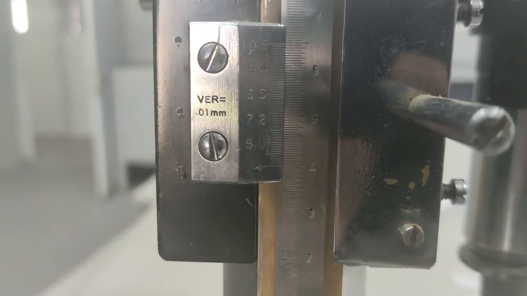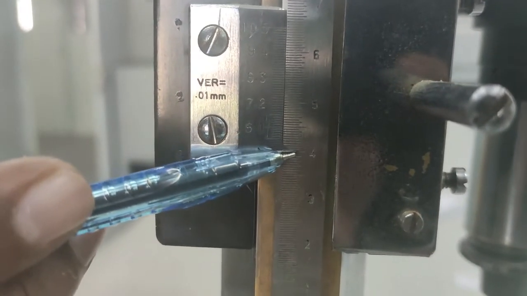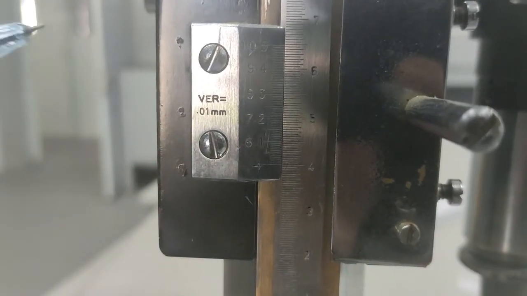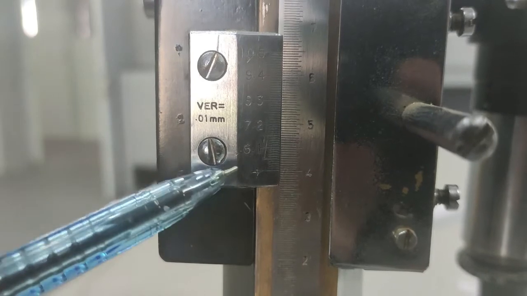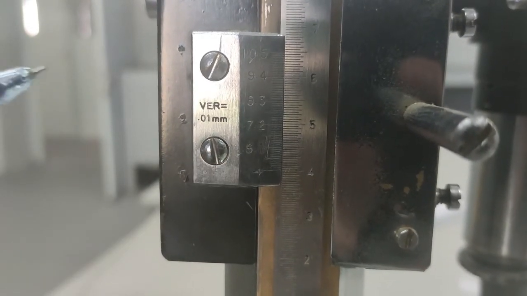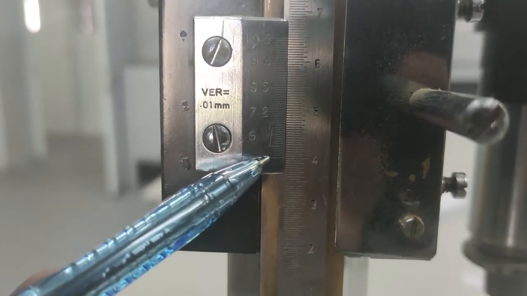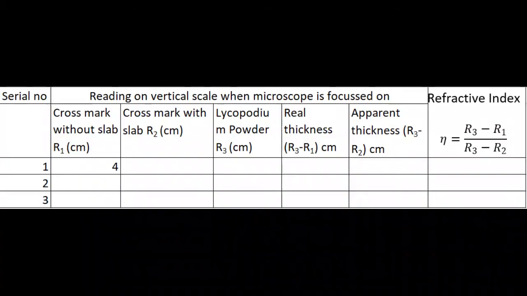Also, if you count from 4 to 5, there are 20 small divisions, so each small division is 0.05 centimeter. Since the arrow is pointing exactly at 4, our reading is 4 centimeters.